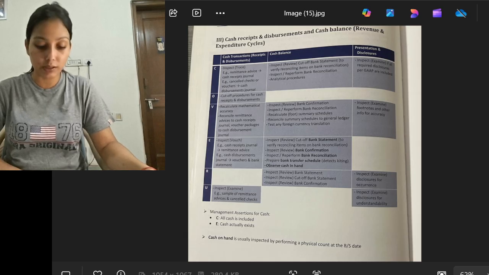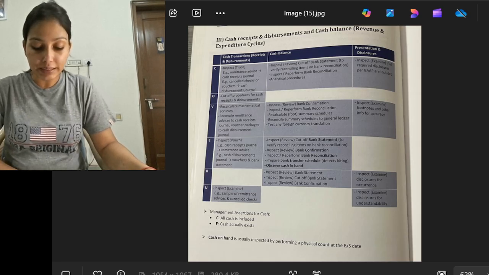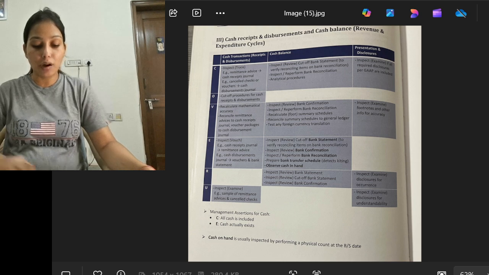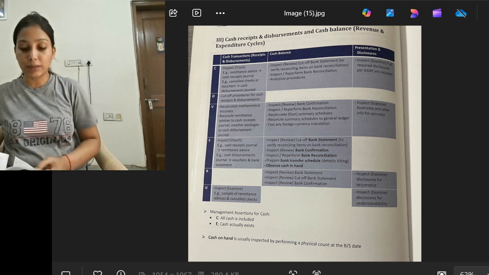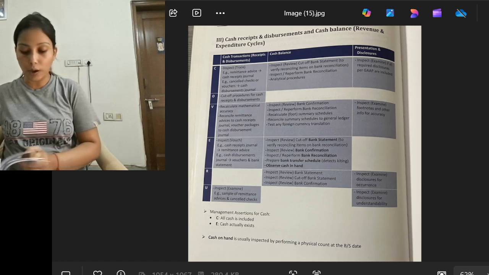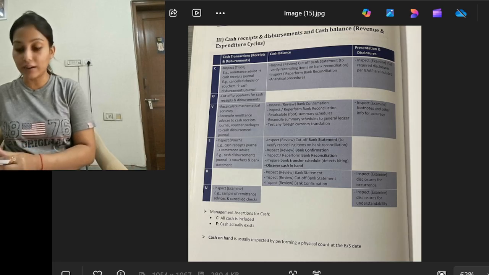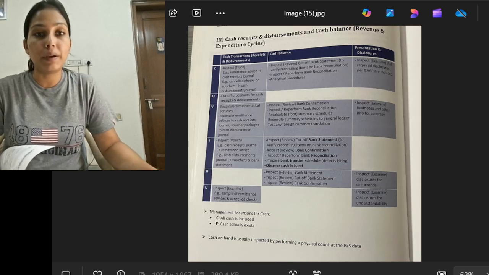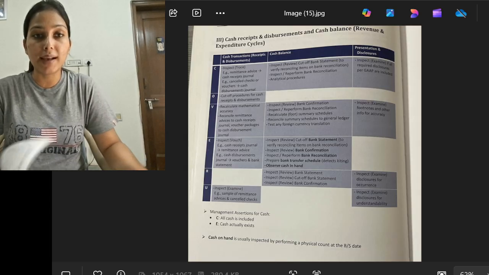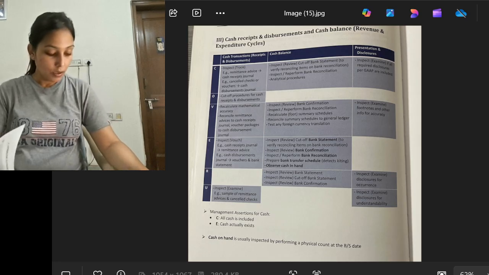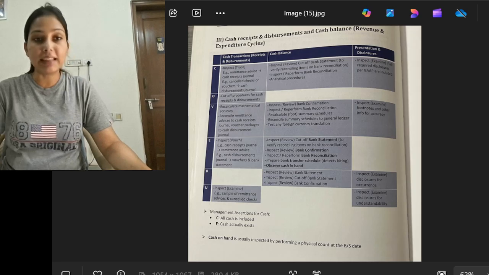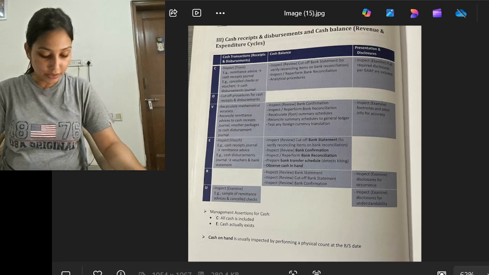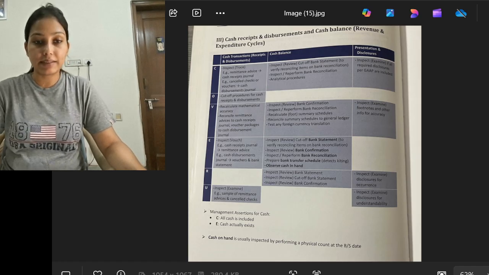of the year-end procedures. For the presentation and disclosures, inspection is done to check whether items are mentioned as per GAAP, whether proper footnote accuracy is maintained, and whether proper disclosure is done. All these are verified. So broadly, two assertions, completeness and existence, are related to cash: whether all the cash is included, and whether it exists. These two are the major assertions related to cash.